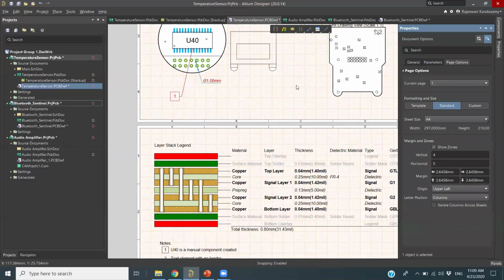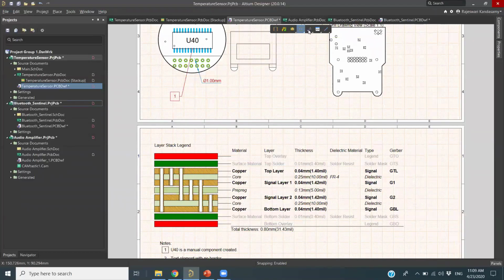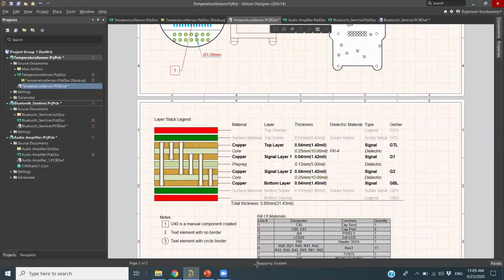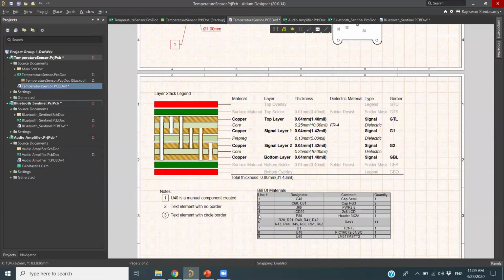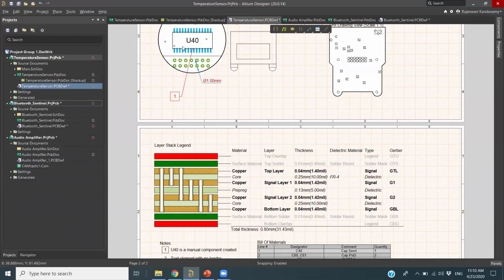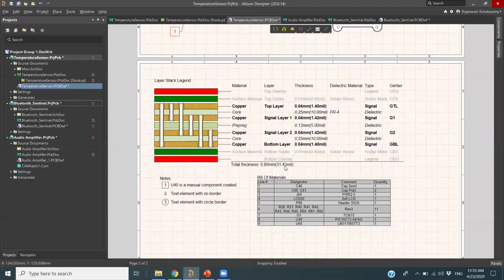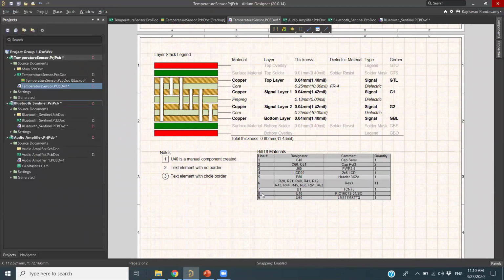Okay, so next one, you can also right click on the bill of material table. You can place your bill of materials. So when I just place my bill of material, you will be able to see the bill of material. The 8 one is U40 here. So this item only I have shown previously as a call out for U40, and you can see the item numbers. So 1, 2, 3, 4, the designator, comment, all this.